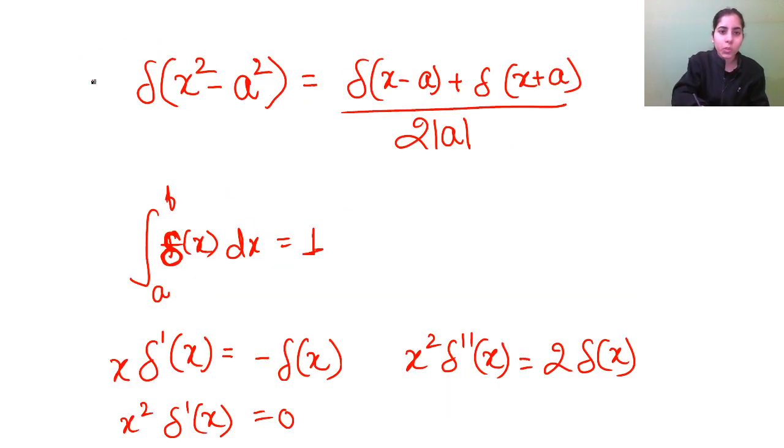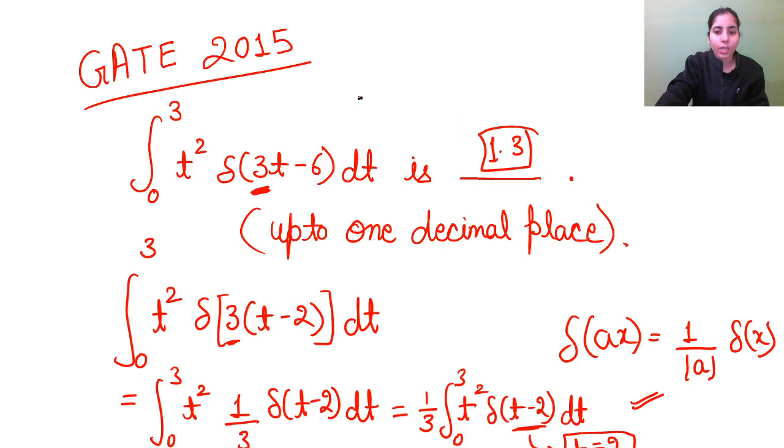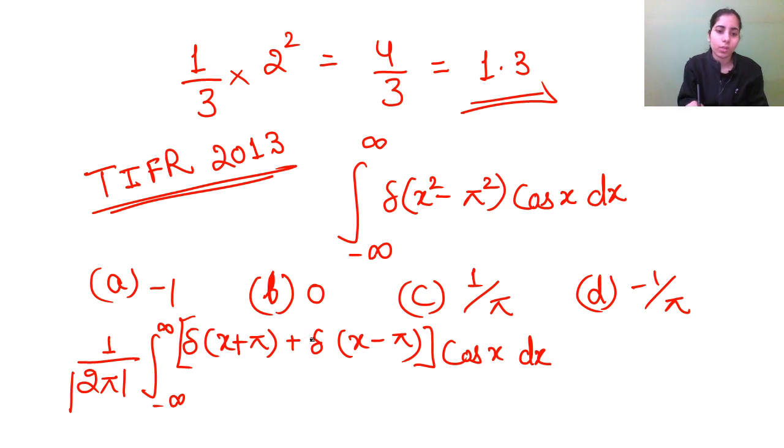You all know about this property, and you also know about this thing that you can either write a minus x or x minus a. So this is the property we are going to use here, and it doesn't matter if I have written delta(x minus a) firstly or delta(x plus a), because it's just added together. Clear? So it isn't going to affect our answer. Next, just use the first property I've discussed with you. That will give you